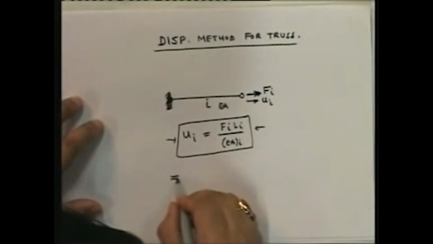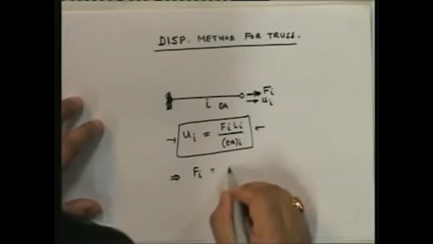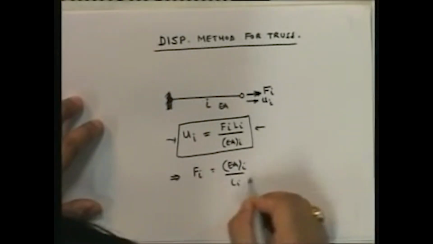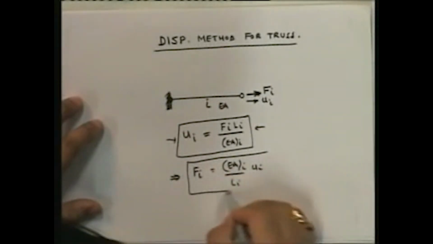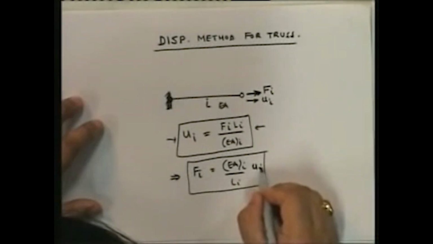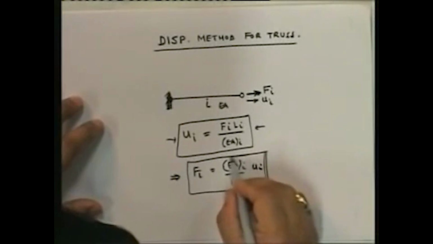So that means my force deformation relationship will be Fi is equal to EAi upon Li into Ui. And this is my member end force, this is my member end displacement, and this is,